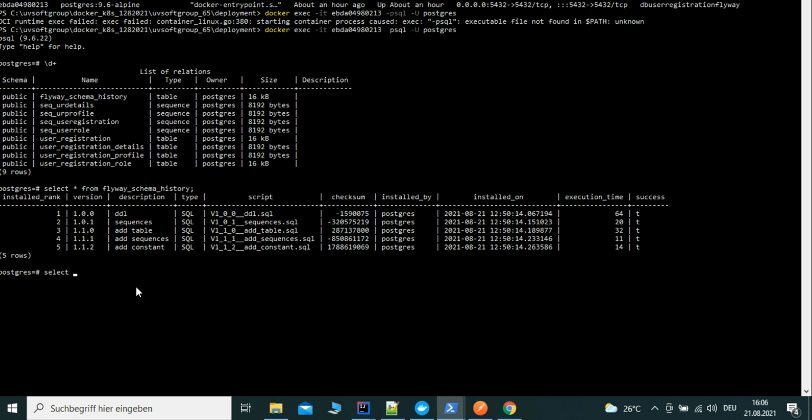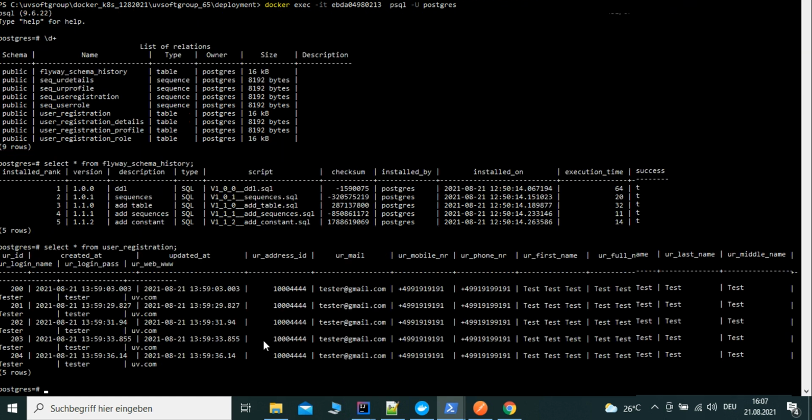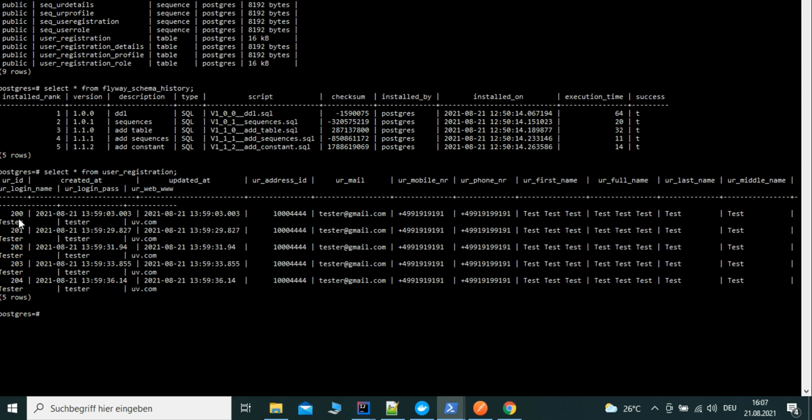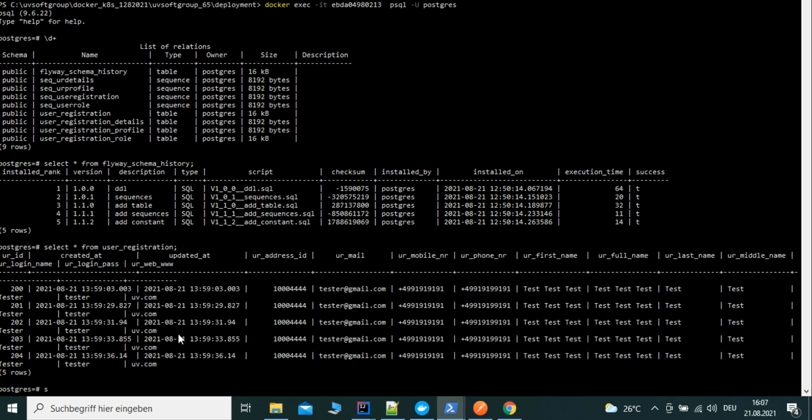This is properly coming in at the database level, and then we can check it like we did the test with Postman. Let's have a check. Is the data there? So we checked already. We did the database records 200, 201, 202, 203, and 204. We created those, and then we can also check